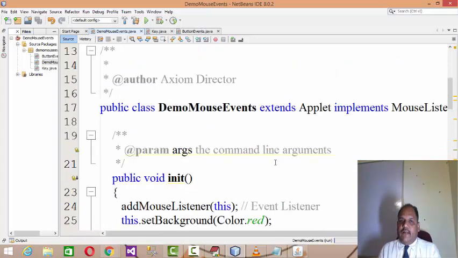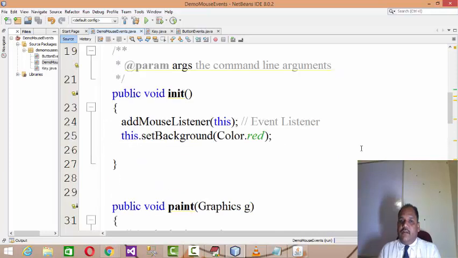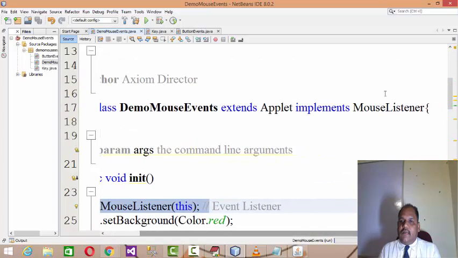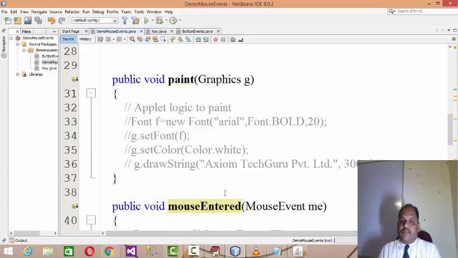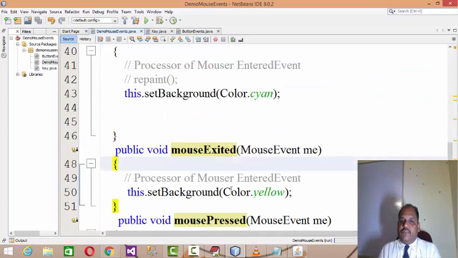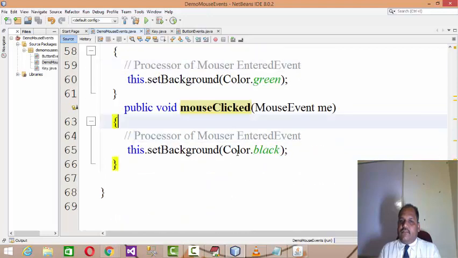Like what I explained to you, I want to write a demo code where I extend my application from the applet and implement MouseListener. Now MouseListener is actually an interface which provides you all the abstract methods like mouse entered, mouse exited, pressed, released and clicked.